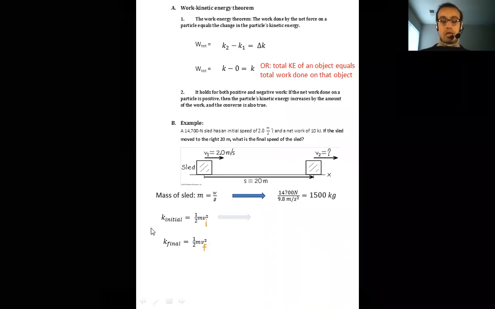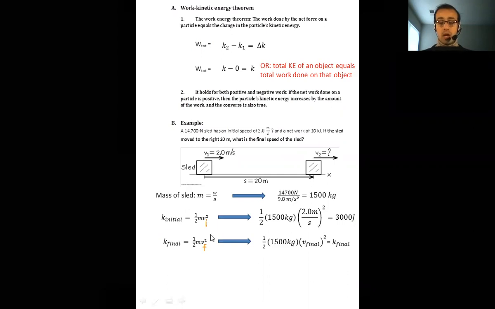So we can very easily find what the initial kinetic energy was by simply plugging in 1/2 times 1,500 kilograms, that's the mass, times that initial velocity, which is given to us as 2.0 meters per second. Square that, we solve this, and we find that the initial kinetic energy of this sled was 3,000 joules, or 3 kilojoules. Similarly, with the final velocity, we can say 1/2 times 1,500 kilograms times the final velocity squared is